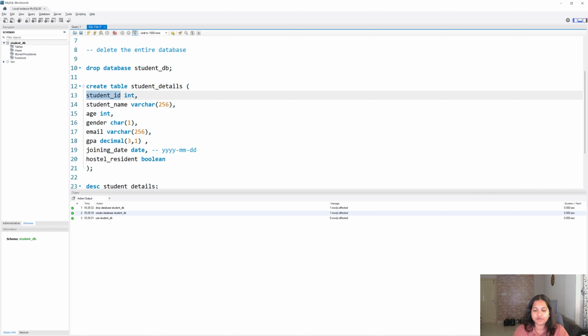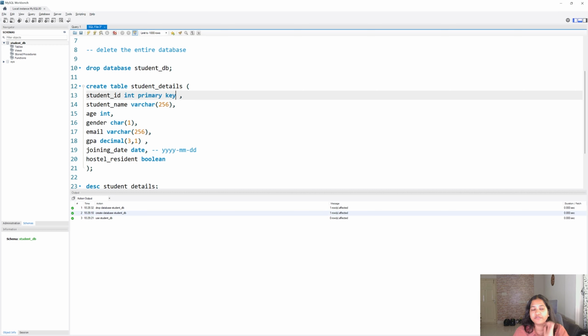In that case, what we will do here, after the data type, you give a space and give the constraint. What is a constraint? It will make sure some conditions are met. If the conditions are met, then only it will allow you to insert the records. That's the reason we are discussing this before inserting the records. Okay, so student_ID is an integer and the constraint that I'm using is primary key.